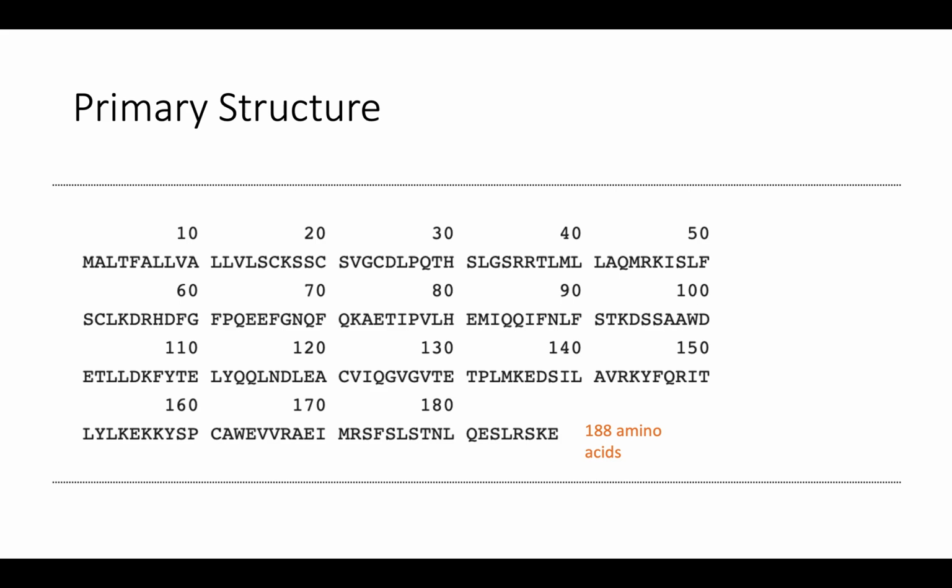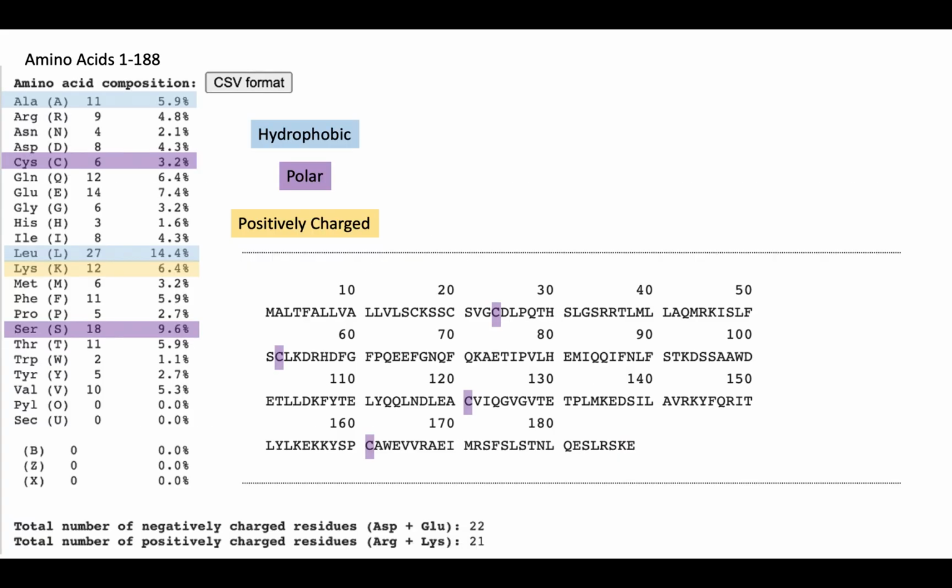This is the primary structure. You can see from the amino acid sequence that it has 188 amino acids, and here we can see some of that composition, what some of those specific amino acids are. There's hydrophobic ones. There's cysteine, which we know will form disulfide bridges, but we can't tell where those will be yet, and there is also lysine, which can form